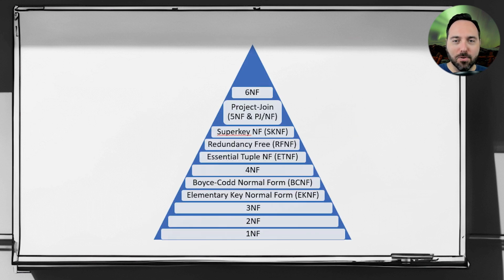Oh, so many more. Remember, normalization is an academic exercise, and when you let academicians loose, they start categorizing things like Aristotle on a 3-day cocaine bender. Frankly, the 11 entries on here aren't a complete list either, but it turns out this is okay for us. By the way, if you're curious about that fifth normal form block, there's some fuzziness and debate about whether fifth normal form and project join normal form are exactly the same, or if there's a minor difference between the two. But we are now going to hand wave that difference away and never speak of it again.